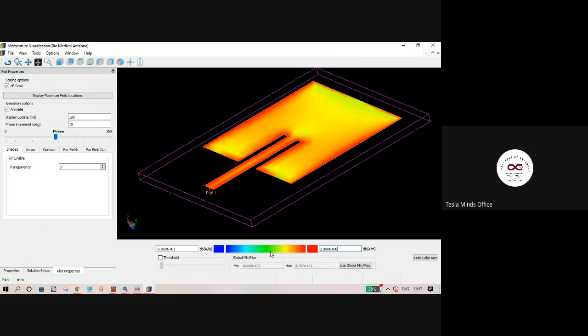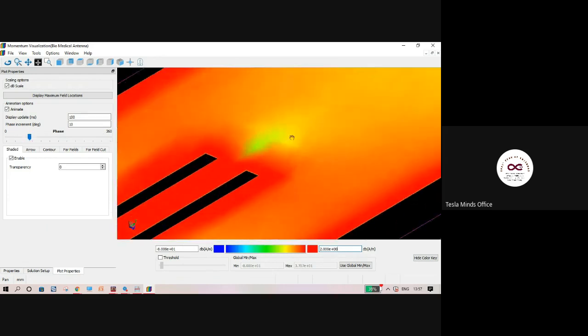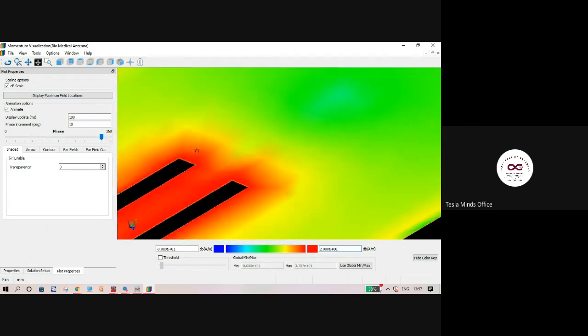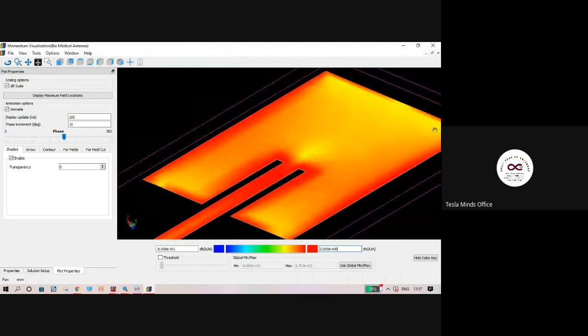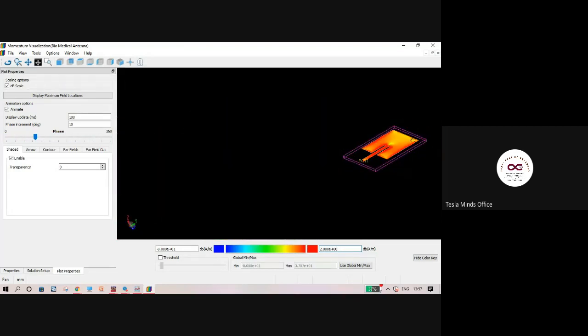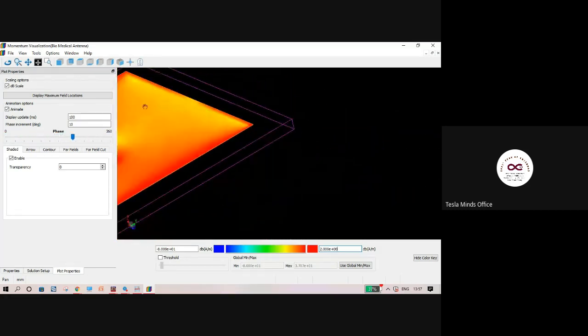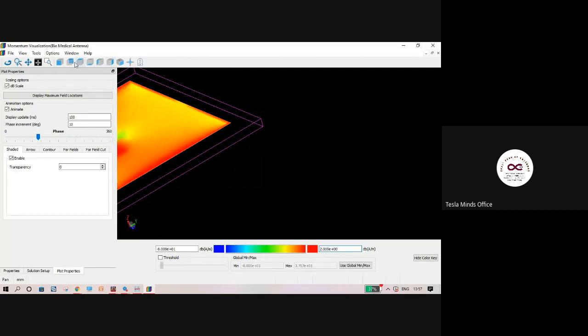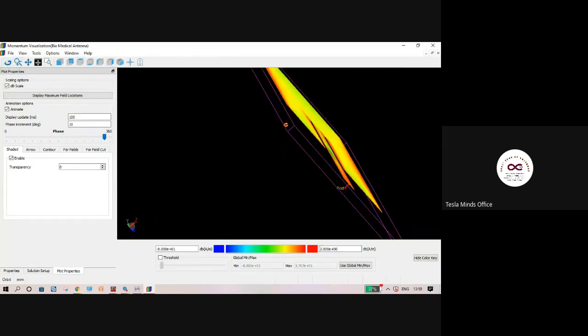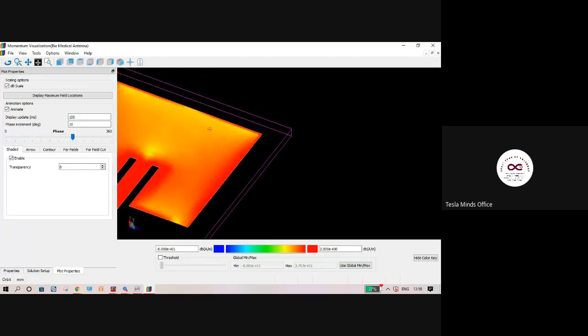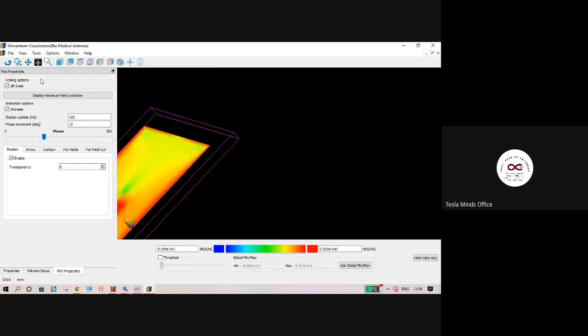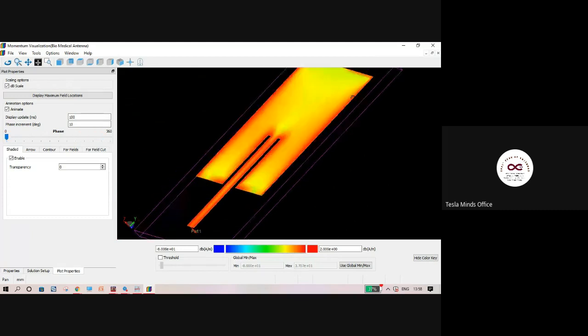Okay. So here you can see the color variations. Blue means no radiation at all. Red means maximum radiation. So you can see the points at which the antenna is radiating. The edge points are more radiating, you can see that, right? The edge points are more radiating and the central points are not contributing that much to the radiation. This is a very big realization for any beginner antenna engineer. So the antenna does not radiate entirely.